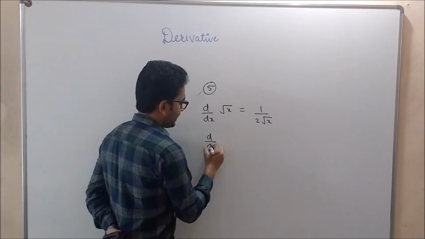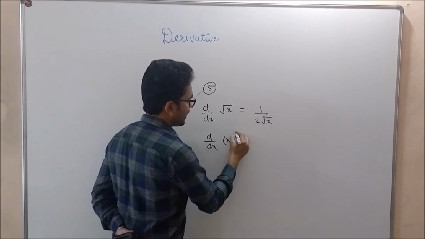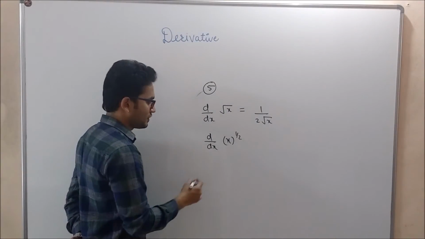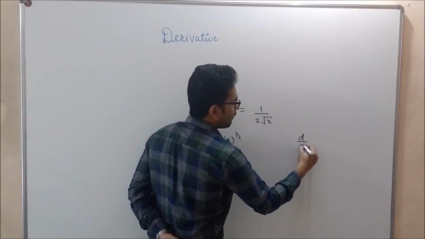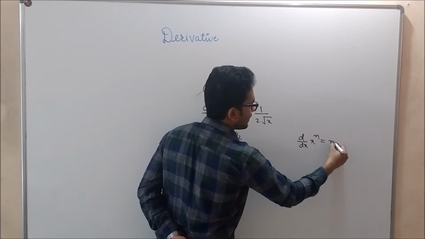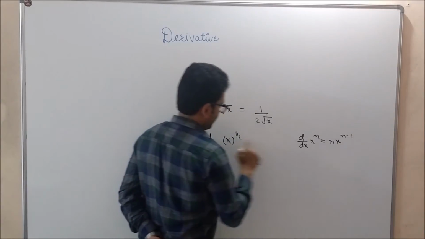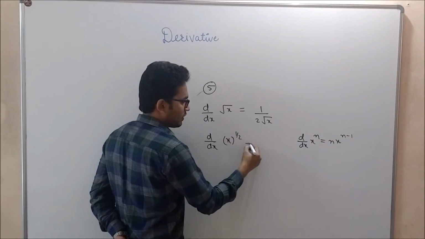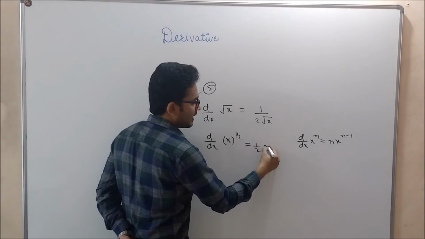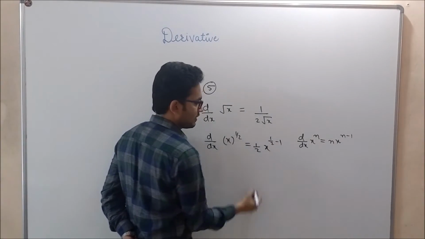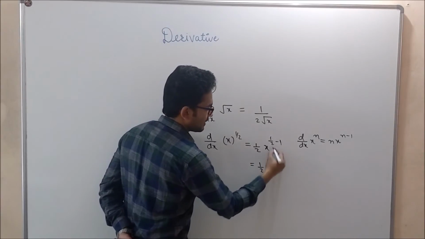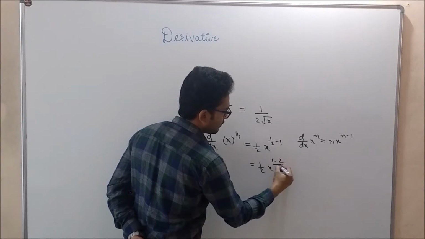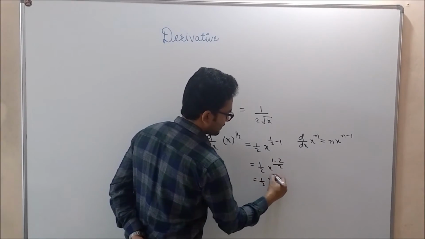Can we write root x as x raised to power 1 by 2? Right. Now in the starting only, the first formula which we saw was derivative of x raised to power n is n x raised to n minus 1. And in this case, instead of n, here it is 1 by 2. So what it will be? 1 by 2 will come in front, x raised to 1 by 2 minus 1, which is equal to 1 by 2 x raised to minus 1 upon 2, which is equal to 1 by 2 x raised to minus 1 by 2,